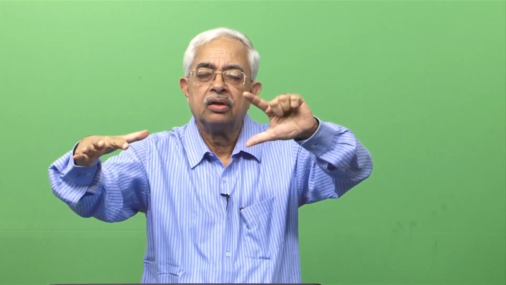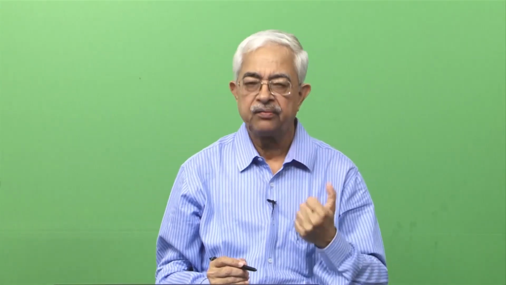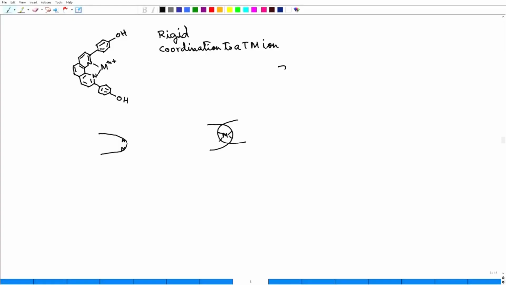No good. We want it like this, only then it will become a catenane. So, which metal? Zinc 2 plus likes tetrahedral geometry. Zinc 2 plus has no ligand field stabilization energy. So, it generally likes